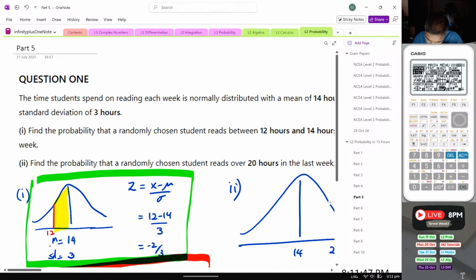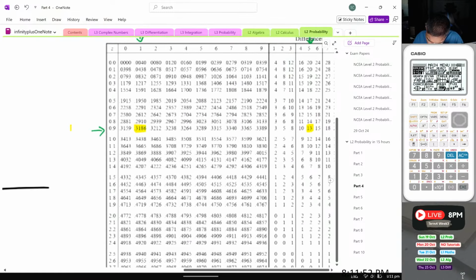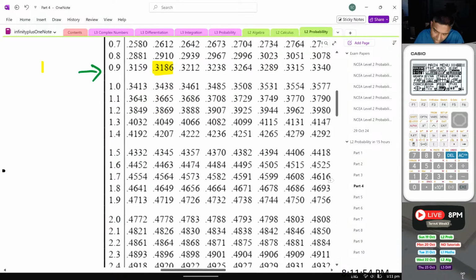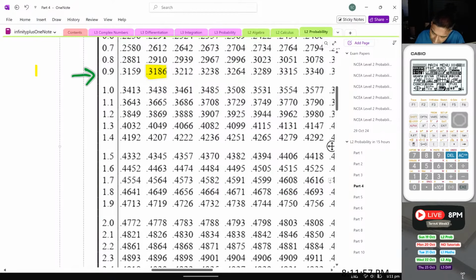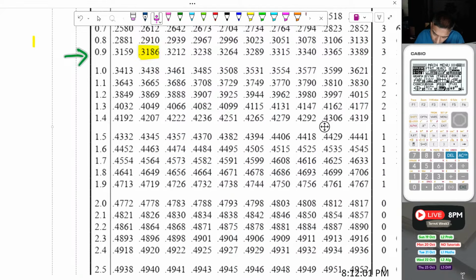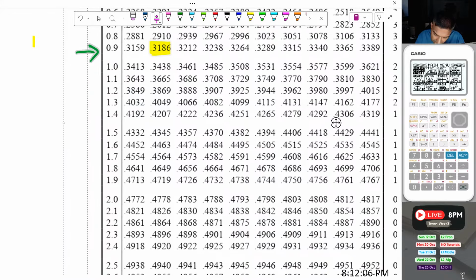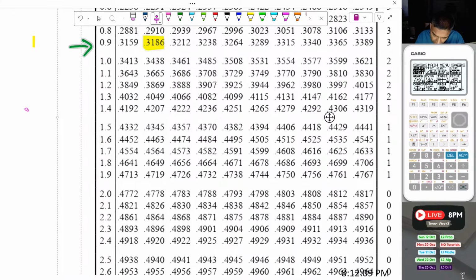Which one was it? Part 5? Part 4? Yeah, roughly 68%, because you can kind of see that here. So when it actually does 1 standard deviation, whoa, that's the wrong one. So 1 standard deviation is, it's not allowing me to go through that, but hopefully you guys can see it. That's 1 standard deviation there. 2 standard deviations is somewhere there, so that's the 95%. And then 3 standard deviations, which is